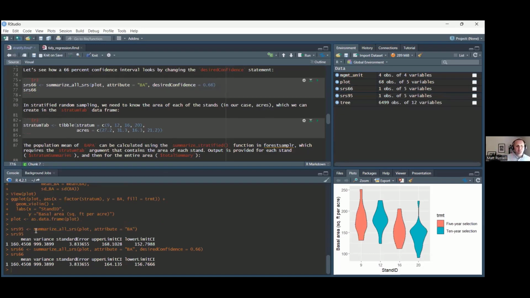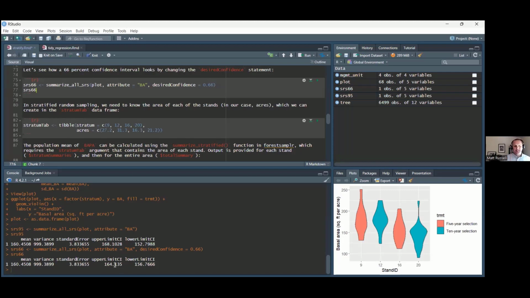Now have a look at this. The mean and the variance don't change at all, and that makes sense. But what does change are the confidence intervals. By choosing a lower confidence level, like 66% instead of 95%, we get a smaller limit. You can see the values are different here. The 95% goes from about 152 to 168, whereas the 66% goes from 156 to 164.